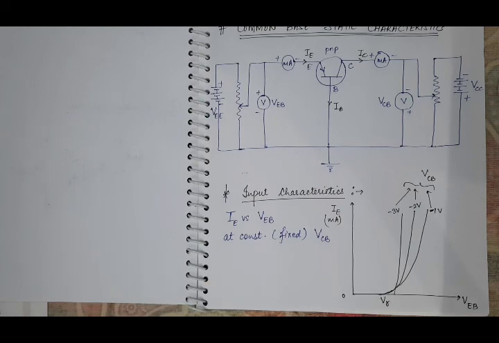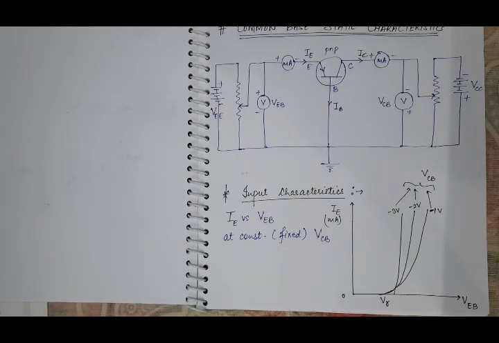And what is early effect? It is the change in the base width. Early effect is basically the modulation of width of the base region with the change in the applied reverse bias. The definition of early effect is one of the most important in electronics. So what is early effect? Early effect is the modulation in the width of the base region because of the change in applied reverse bias at the collector base junction.